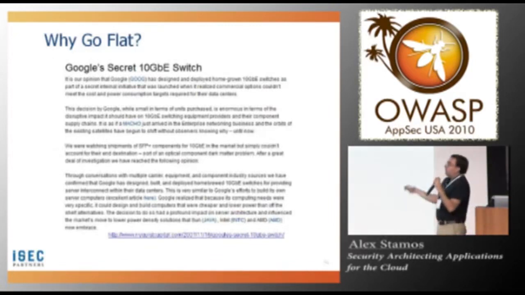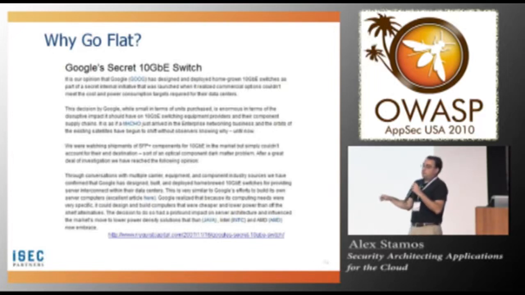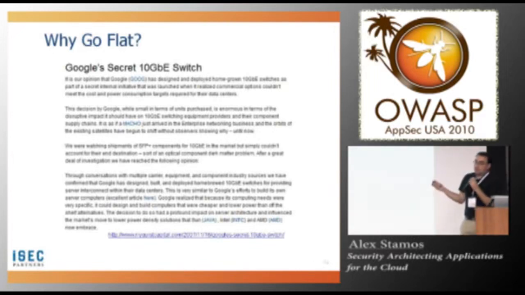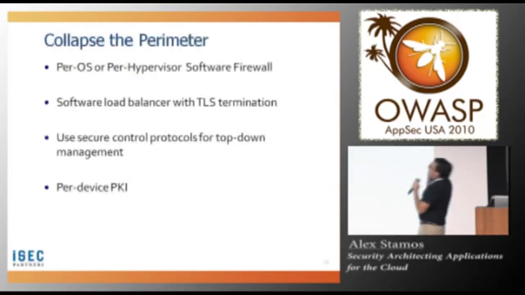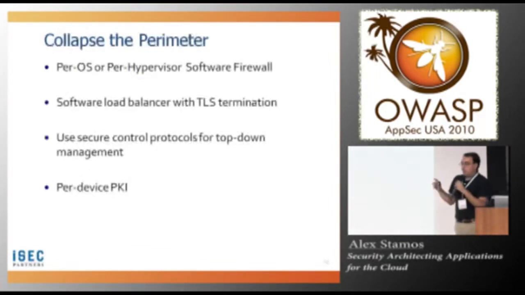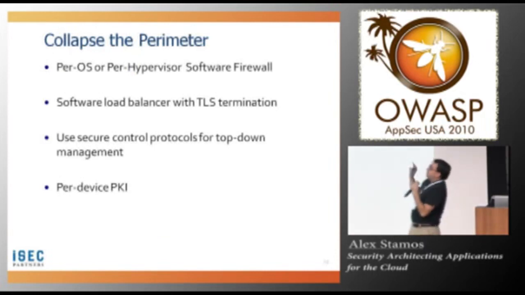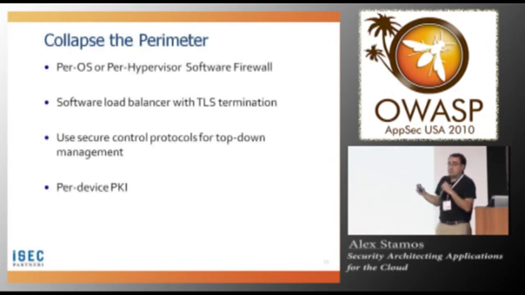Theoretically, you can put that firewall blade into your 6500. But if you have 300 10 gig ports on that 6500, and you put that firewall blade in, can you use that firewall blade on all those ports? No, not without actually losing all that performance benefit. So you have to collapse the perimeter. You end up using a software firewall on a per OS or per hypervisor basis. For a lot of reasons, per hypervisor is much better, especially because a software firewall on an operating system provides you no protection against somebody rooting that box and then